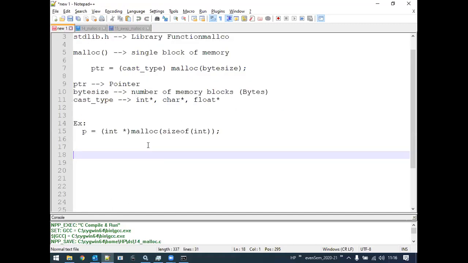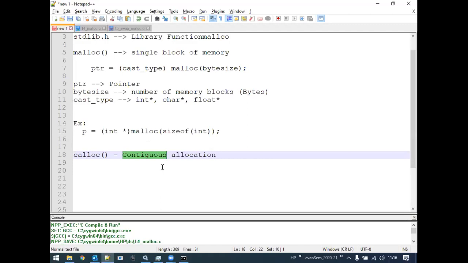The second type of dynamic memory allocation is called calloc. Calloc here stands for what? Contiguous allocation. The name contiguous means what? The memory blocks will be allocated, but not one block, it is multiple blocks.